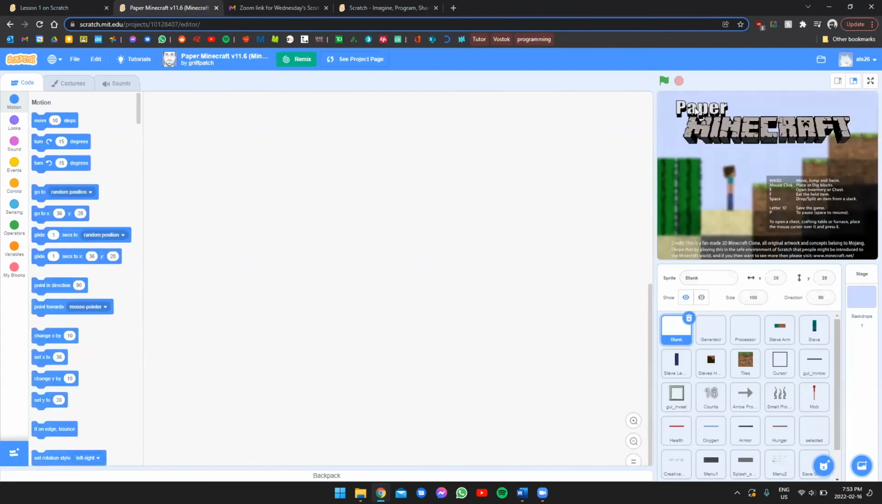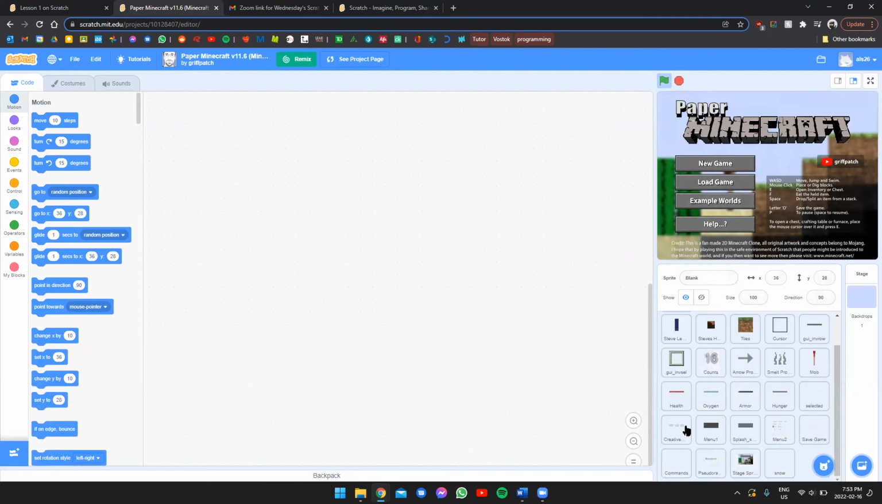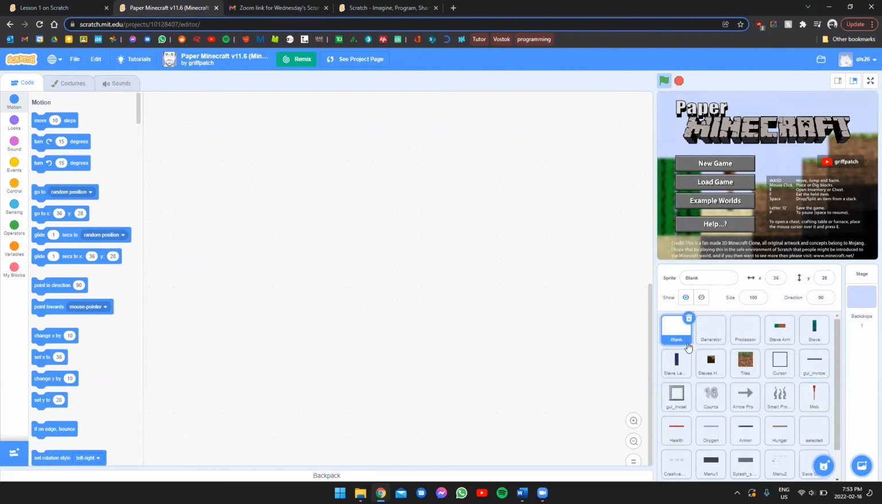So we see here, he has Paper Minecraft and we're going to click the go button here. As soon as we do, we have all these buttons, right? So there's obviously a lot of work in this. If we look at this game's sprite panel, we see a lot of sprites. So it's not just the 2 sprites we had. He has a lot of sprites, right? So if we click new game,